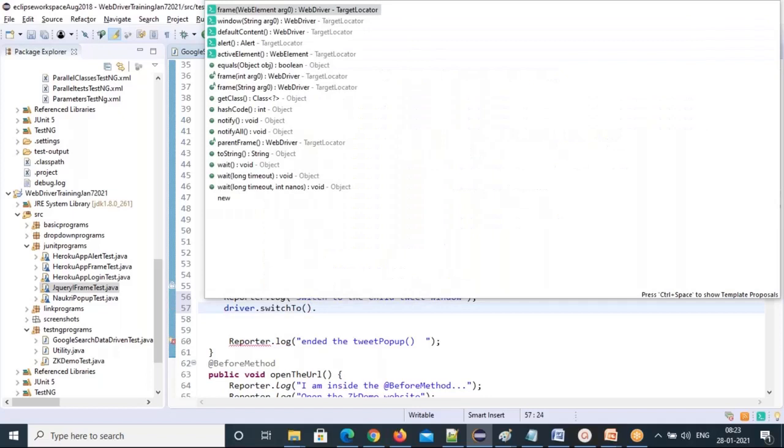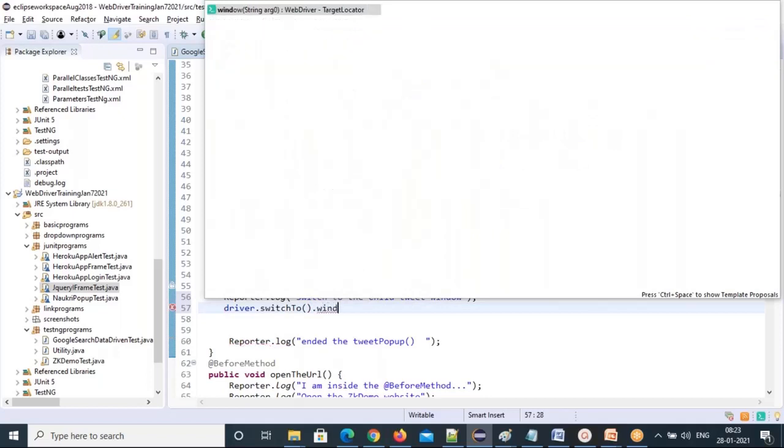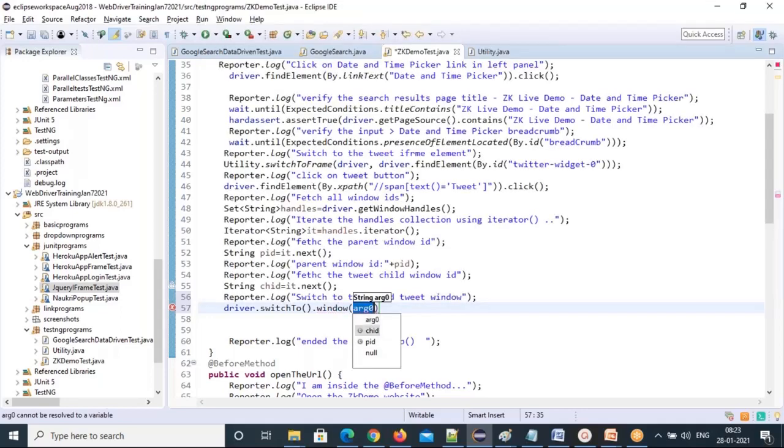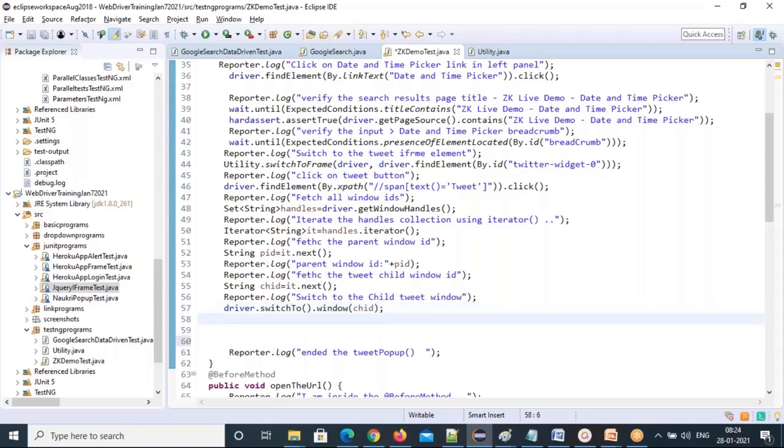So what is the other one I am telling? Convert the set into a list collection, then on that list collection call the get method. The get method has an index, right? You have to pass the index. So in the order it will be there, right? The list collection is ordered and you can access based on the index. But the set collection we don't have index based access. That's why you cannot use the get method on the set collection.